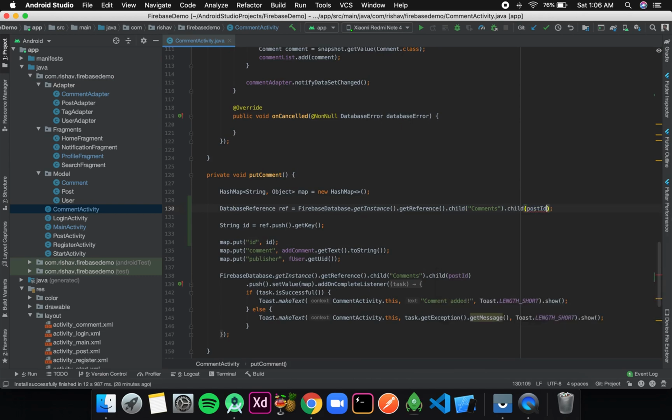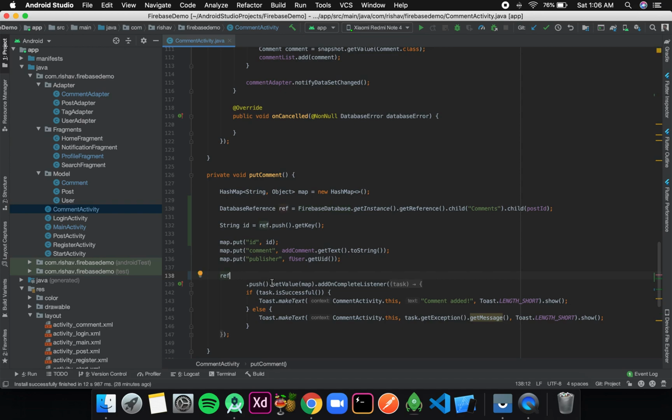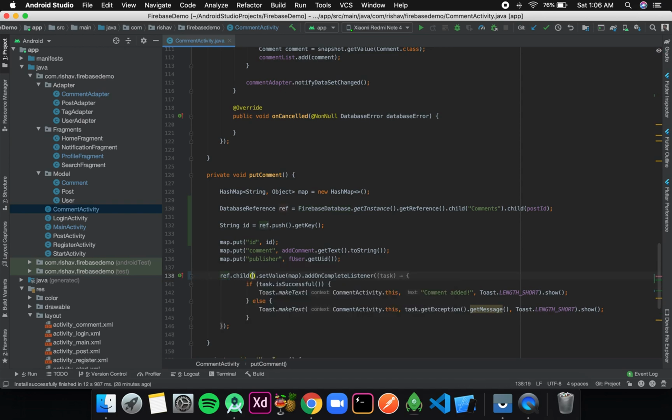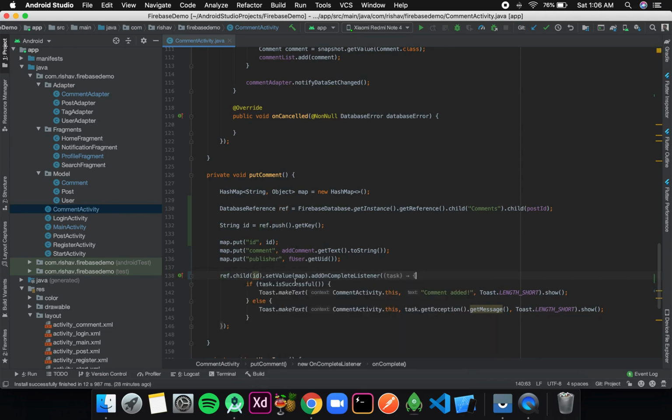So instead of all this I can simply write ref, remove this push, and use child, and the child is ID. Now the work is the same, but we also get an ID as part of it.